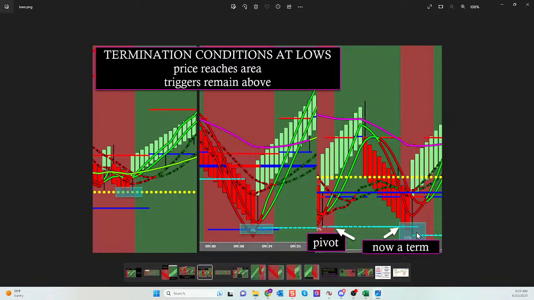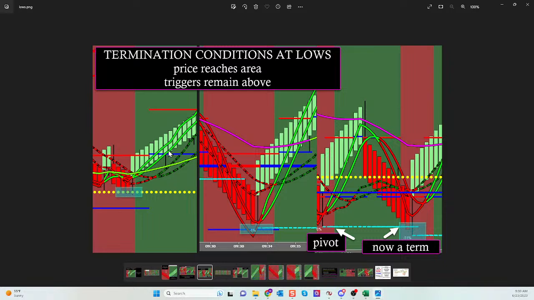And this is a termination condition. It may reverse the market. Guys, when your termination condition does reverse the market, we call it a strong bottom. If price reaches and none of the triggers break, and that market goes the other direction, large turn green gives you odds favorable. Guys, this is a termination condition, creates a full reversal. This is a strong bottom or a good bottom.